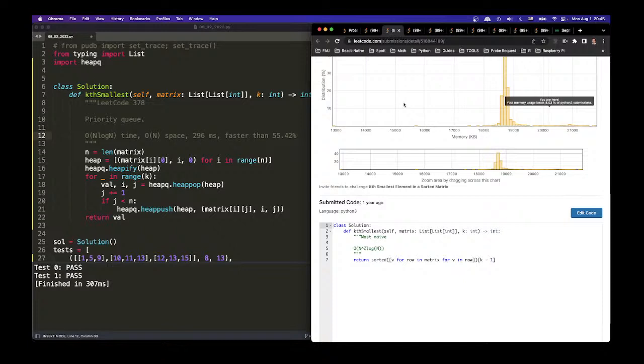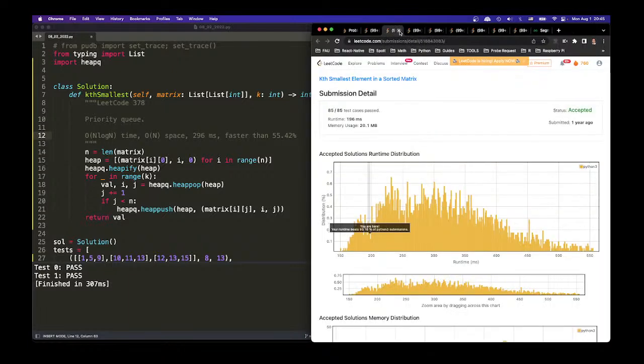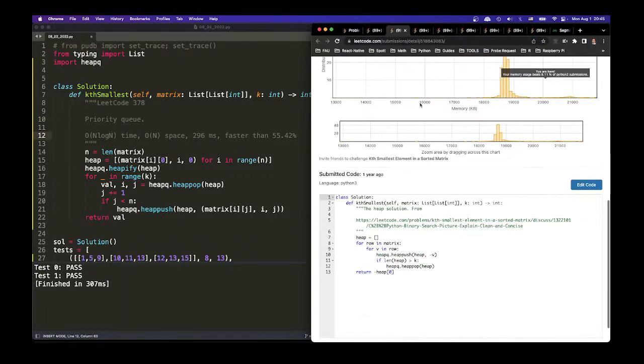Oh, that's a naive solution. Heap solution. For v in row. That's a different type of heap. What is this? For v in row, the first row,